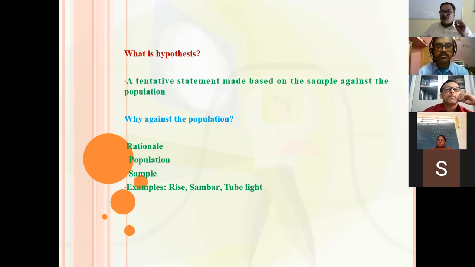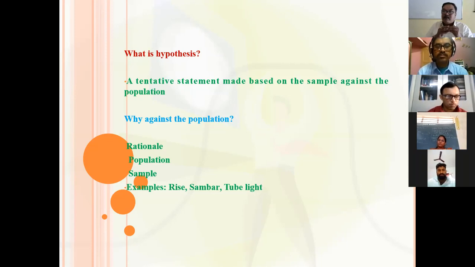So we are doing research only based on the sample, not based on the population. When we do research based on the sample, when we get some results and draw some inferences, make some arguments, all these statements, conclusions, or inferences are applicable to the whole population. Am I right? For example, if you study more, you will get more marks.